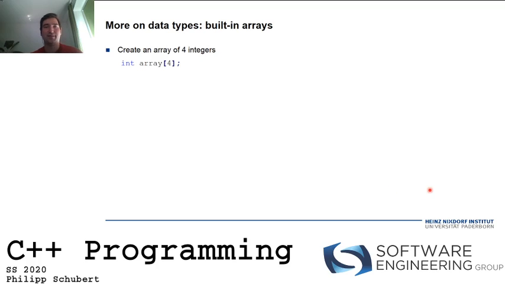Let's have an example here. You can, for instance, create an integer array of 4 integers in such a way. You need a variable's name. Here in this case, we have a variable named array. You specify the type of that array. In this case, we wish to have an integer array, so specify int. And here in squared brackets, you specify the size of that array. And then the problem is, now we have 4 integers in one variable,